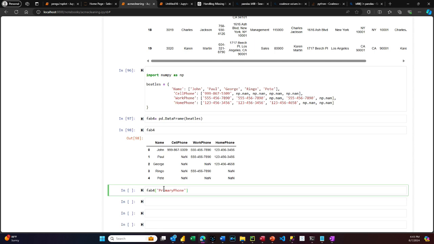And that equals fab4 BFILL. It's a new one for you. Fab4 dot BFILL or backfill. That was an argument in FILLNA. Now it is its own method. And one of its arguments is, well, data frames